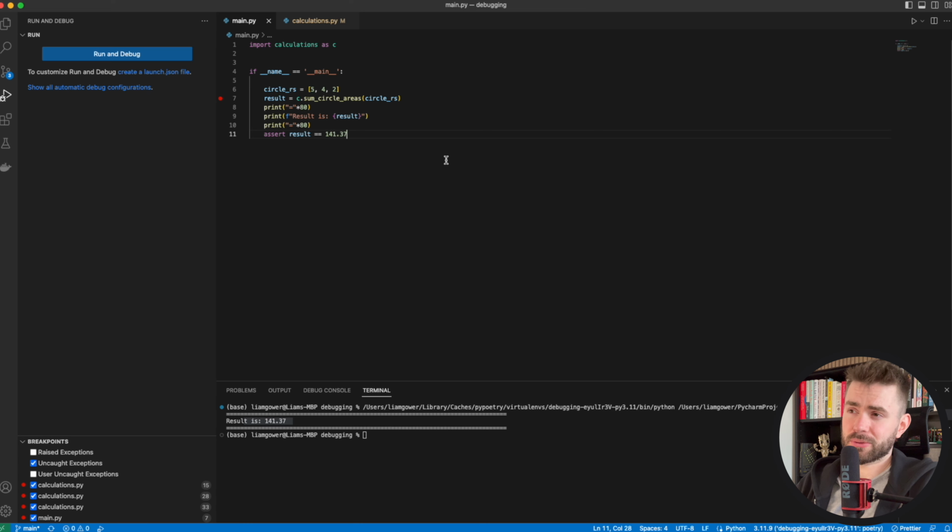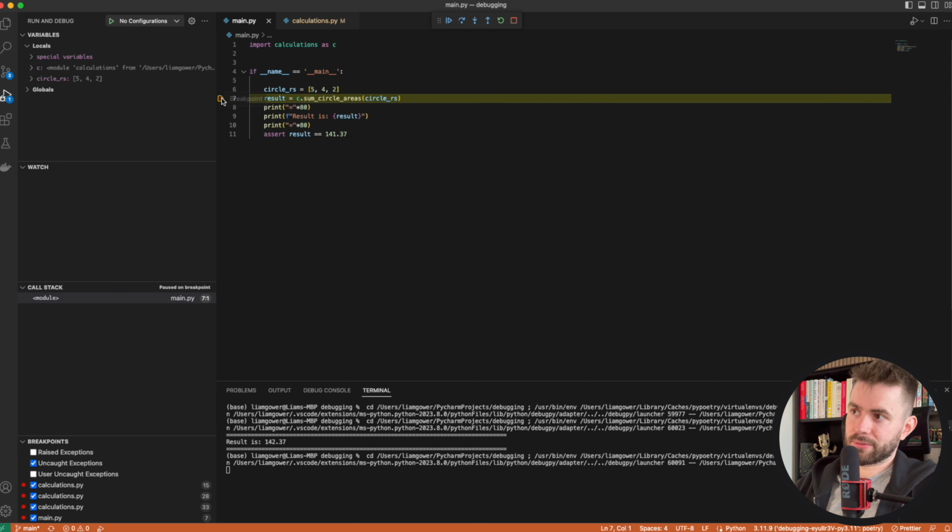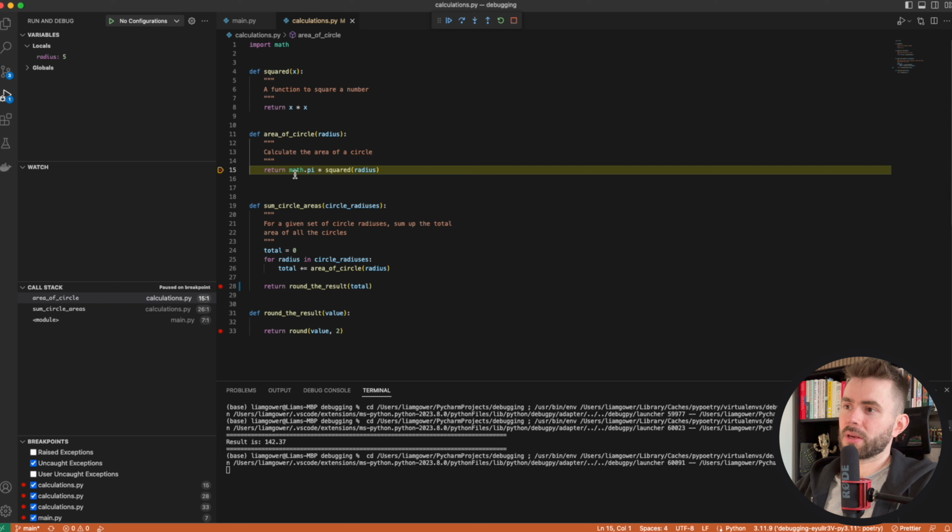Now, the only other thing I'll tell you before finishing is about the call stack. It's a concept in programming, but what I'll do is I'll just hit debug. We're back at line 7. We'll continue, so we go a bit further into this main function here. Okay, I'm now at line 15 in calculations.py. The call stack window here